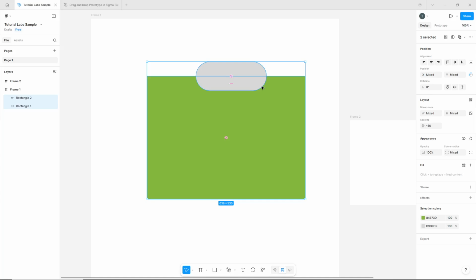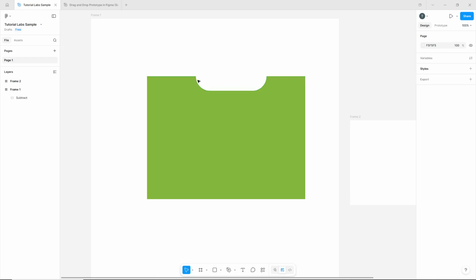On the top toolbar, locate the union icon and click the arrow down beside it. From the drop-down menu that appears, click on Subtract. This is where the magic happens. The subtract function will remove the overlapping area of the second shape from the first, creating that beautiful curved effect